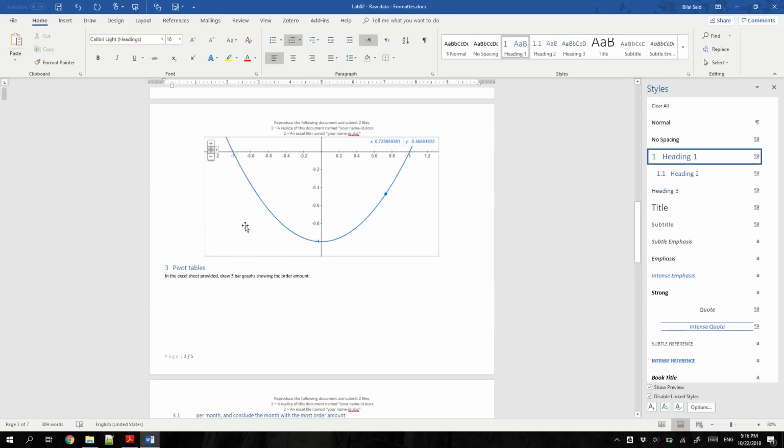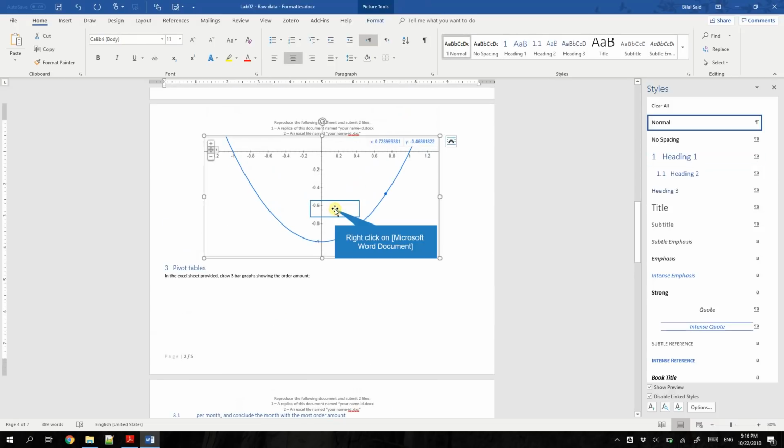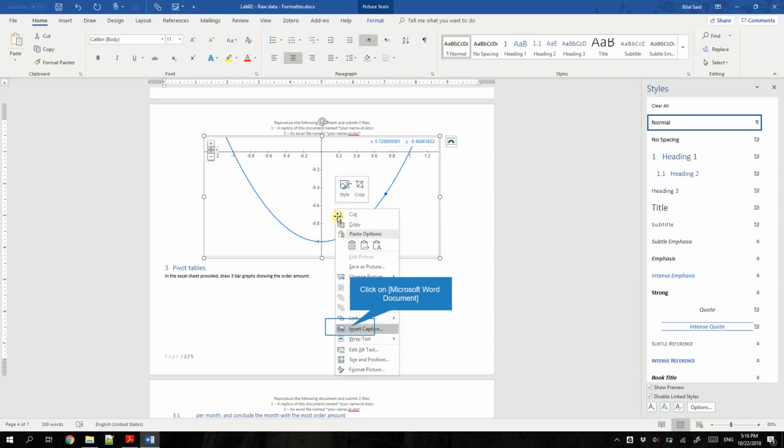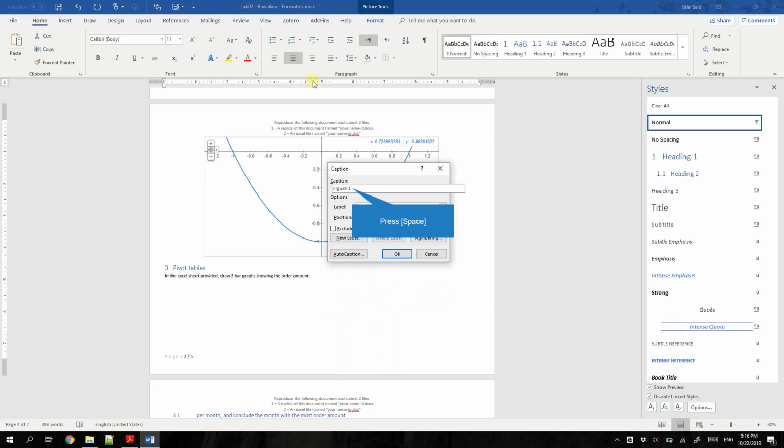Let's do now the figure captions. To insert a caption, as I told you, we can right-click and insert caption, or use References, Caption. We're going to do it the other way, from the References menu. You can write whatever text you want, you can pick the label, and in the numbering